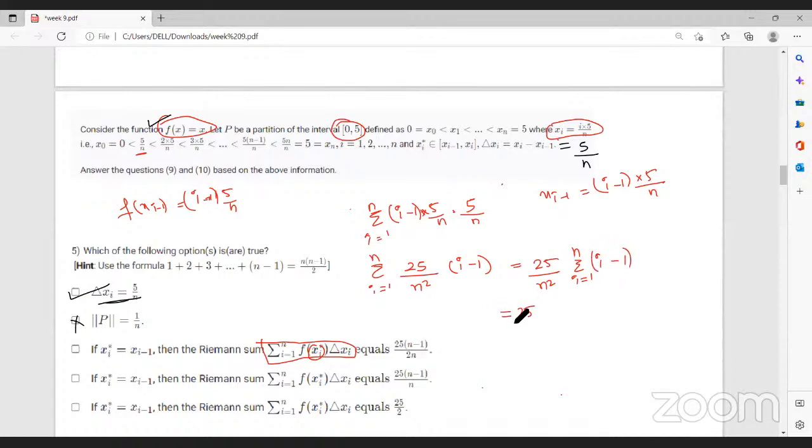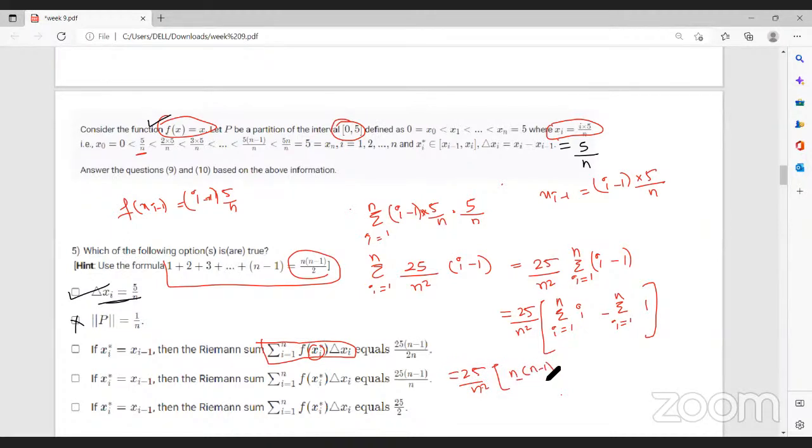Now I can split the summation over i and 1 individually, right? Summation of i equals 1 to n of i minus summation of i equals 1 to n of 1. We will just distribute it. Now what is the summation of i equals 1 to n of i? In the previous example we have discussed this. So I can write n into n plus 1 by 2, minus